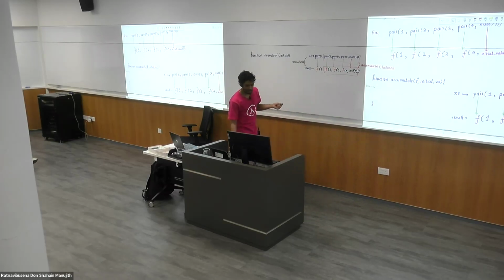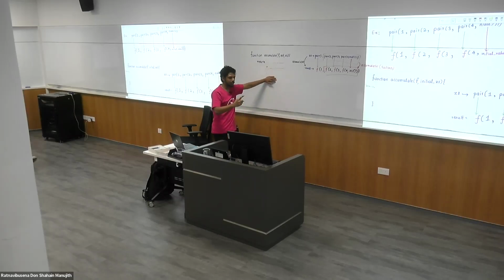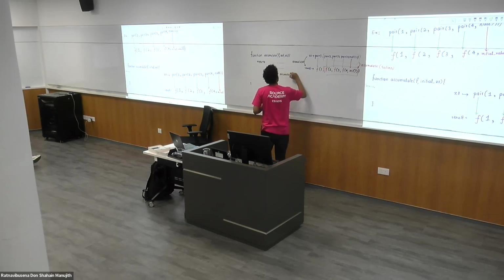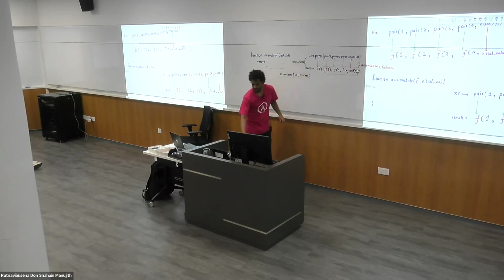Okay, so let's try to write the function. So we have the return base case. Something happens. Then something happens. If not, then what? What's my wish again? Accumulating the what? Tail of x's, right? So my wish is accumulate f init and tail of x's. Okay, so by accumulating f init tail x's, right? If I accumulate f init tail x's,